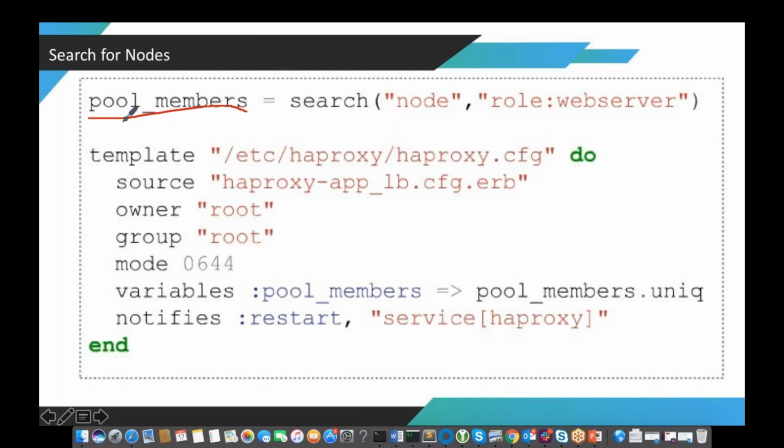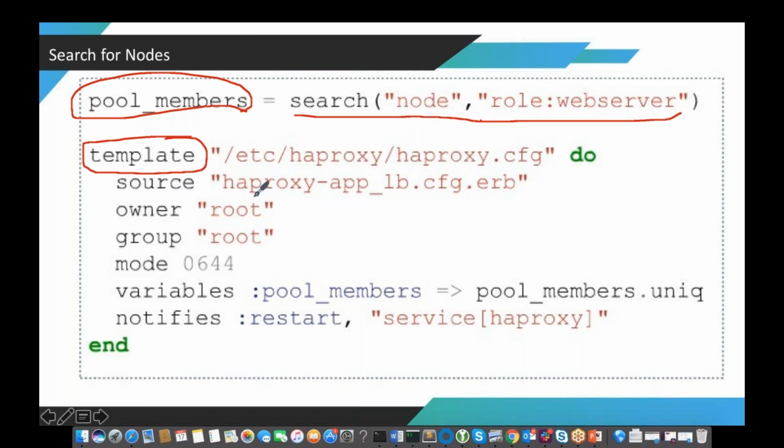Okay, so we have initialized a variable pool_members. Here we are performing a search on all the available nodes in Chef that have the role web server. All the nodes which have the role of web server will be stored inside pool_members. And then we have used a template resource that will copy the HAProxy app_lb.cfg.erb file